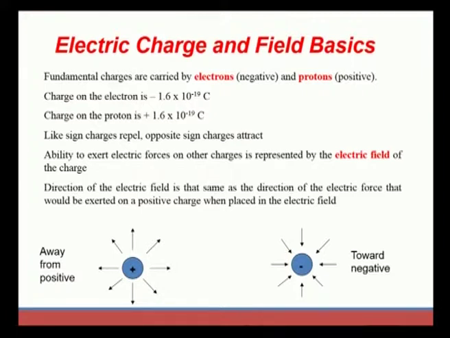That is what we observe from the picture, where for a positive charge the electric force, that is the electric field, is always away from the positive charge. If we consider a positive charge, that is a proton, the electric field exerted by this type of charge is always away from it, whereas for a negative charge it is towards the negative charge. The electric field or electric force will always be towards the negative charge.